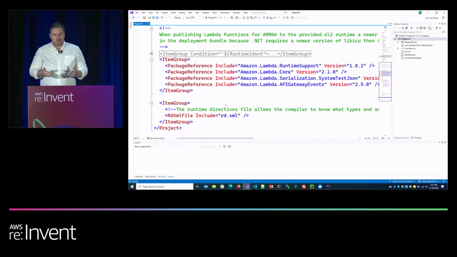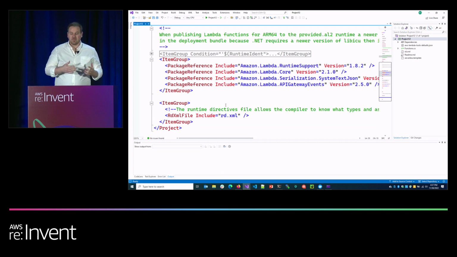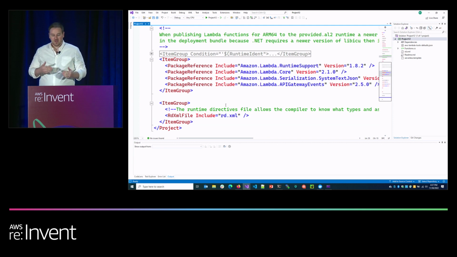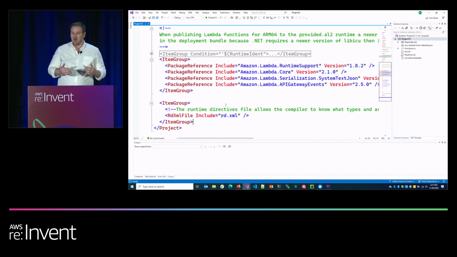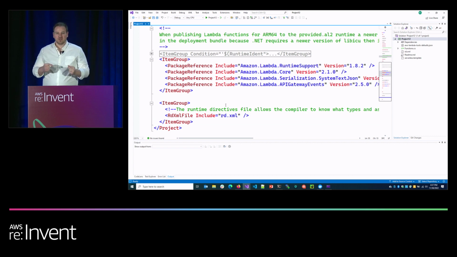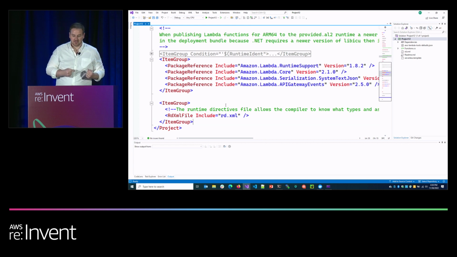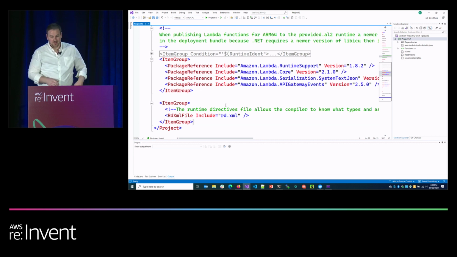It usually does a really good job, but sometimes, just because of the way your code works and it's very dynamic, it might not even be possible for the compiler to understand which types will be used at runtime and which types won't. You can think of the example where you take input from the user and they provide a type name, and then you use reflection to initialize that type, right? The compiler's not going to know which types are going to be typed into the input or not. However,